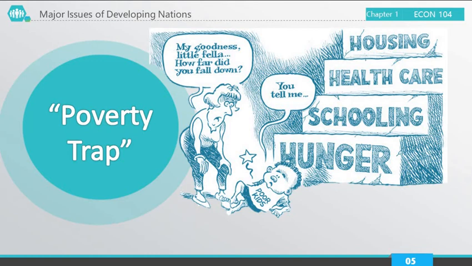Hindi nila alam yung wisdom, yan. Bakit hindi nila alam yung wisdom? Because somehow, it can also reflect on the food that they eat. So, yung mga ganun. The poverty trap has a domino effect from the start. Okay? So, pagsasimula pa lang, eto na yan. Okay? Sooner or later, ganun at ganun din yun. Again, I'm not talking about the entire system or the entire country, the entire world. Okay? Again, it depends on the geographic. Okay?